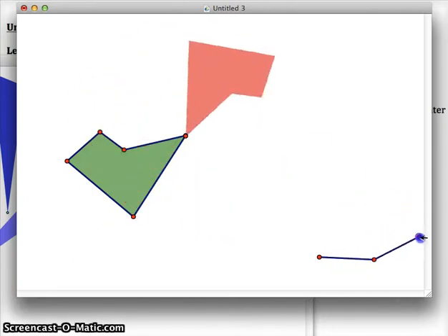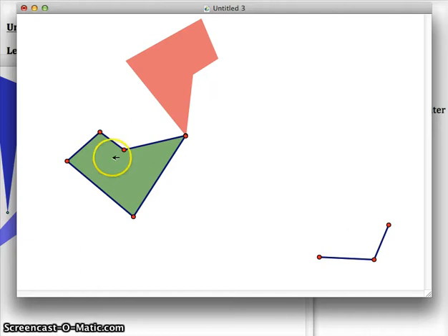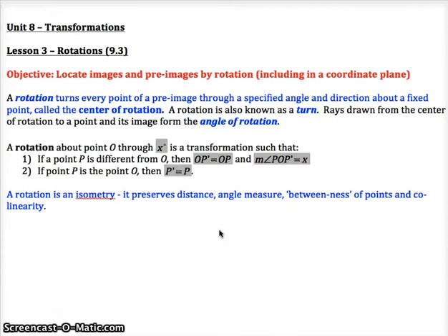All right, so what we're going to talk about today is how do we decide, what's the sort of geometric rule here about how this point rotated and went right here, and how this point rotated and went right there, kind of scientifically speaking. All right, and that's what's right here. So we need a center and we need an angle, and it's called the center of rotation and the angle of rotation. Rotation about point O through x degrees, so there's the center, there's the angle, is a transformation such that if a point P is different from O, so if we're talking about some point that's not the center,